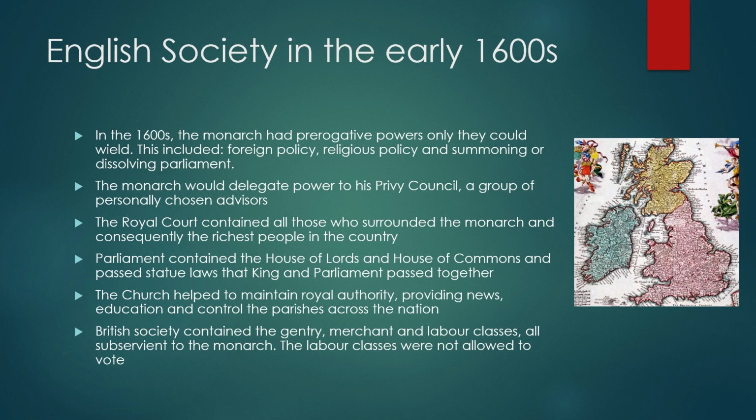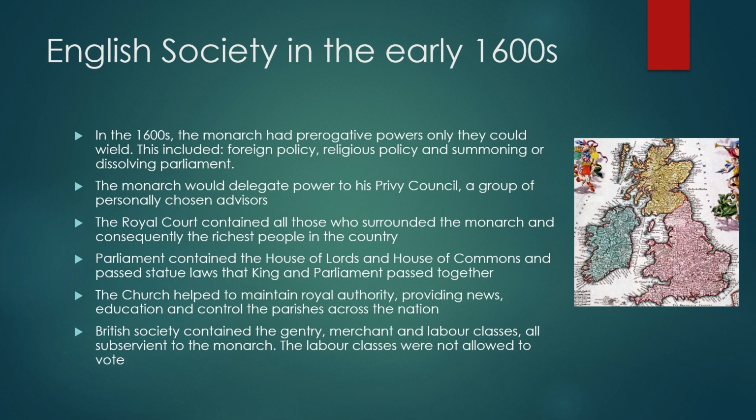And so then generally, British society contains the gentry, the merchant and labour classes. All of them are subservient to the monarchs. They're the ones who, of course, follow and do labour in society. They'll be seen equivalent to our ordinary people today, the ones who have a working job. They go out, get their money, get their land, go home and work to feed a family. That's their life. The ordinary people in society, less fixated about the monarchy and people at the top. Last thing to note as well is the rights of these people, as you may have gathered, are not necessarily equal.